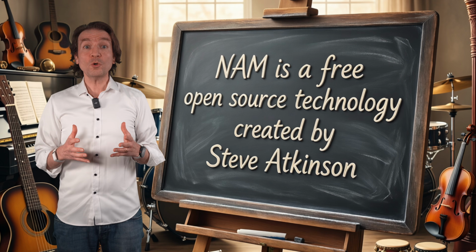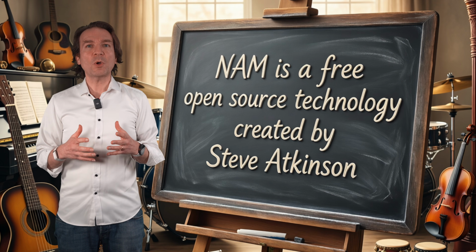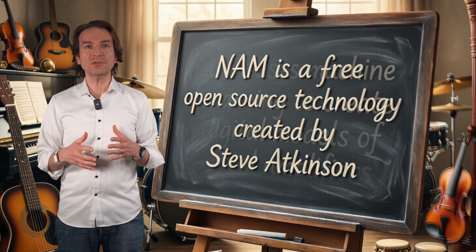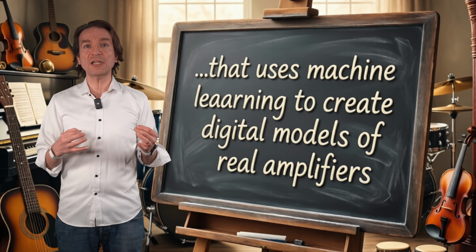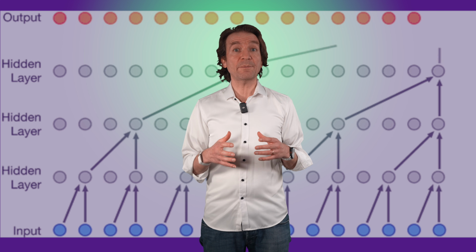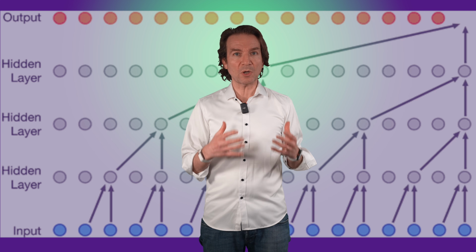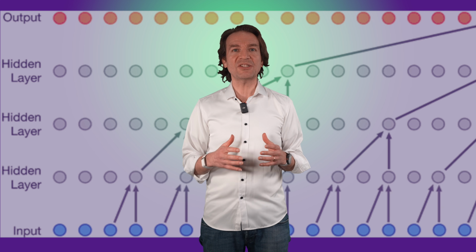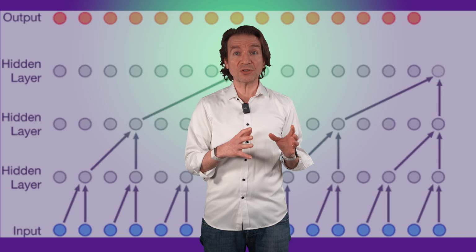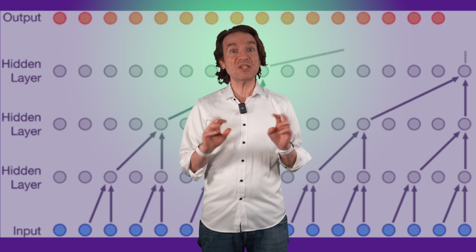Let's start. For those who don't know, Neural Amp Modeler, NAM, is a free open source technology created by Steve Atkinson that uses machine learning to create digital models of real amplifiers, pedals and other gear. Unlike traditional amp sims that use white box circuit modeling, where engineers mathematically simulate resistors, capacitors, tubes, etc., NAM takes a black box approach. It treats your amp as a mystery box and simply learns. We send a special training signal through our amp, record what comes out, and then a neural network learns to